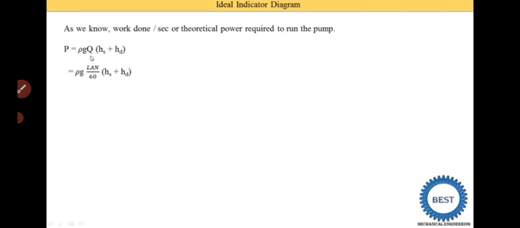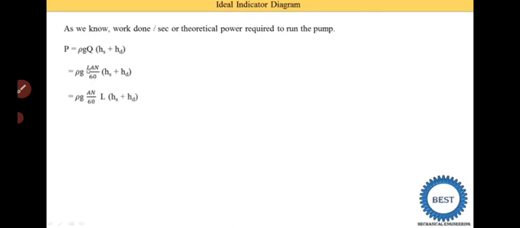So how do we find it from the cylinder volume? L indicates the stroke length, A is the area of the cylinder, and N is the RPM divided by 60. That is a certain volume of the cylinder, but the piston is displaced multiple times in a minute. That's why here it is multiplied with the RPM. Suppose RPM is 100, then 100 times the delivery takes place. So volume of the cylinder into 100 times, because in 1 minute 100 revolutions take place, and divided by 60 is done because it is converted to meter cube per second. That's why it is divided by 60.